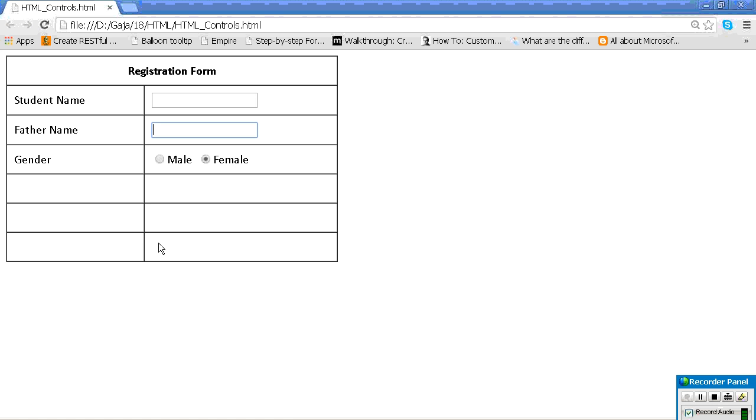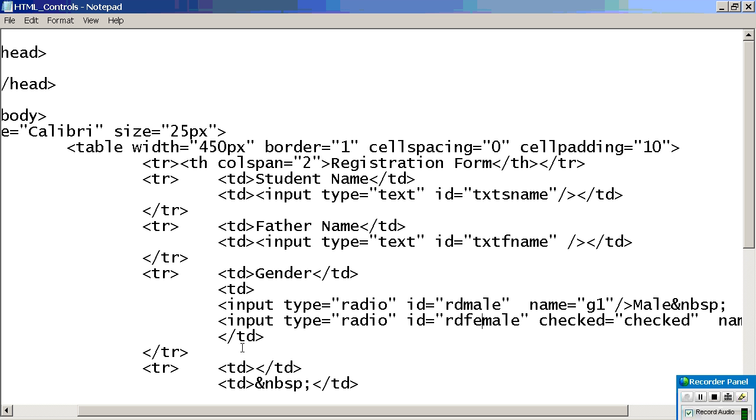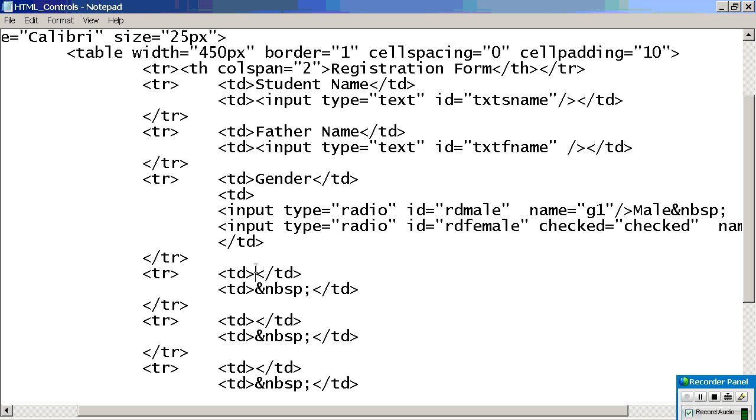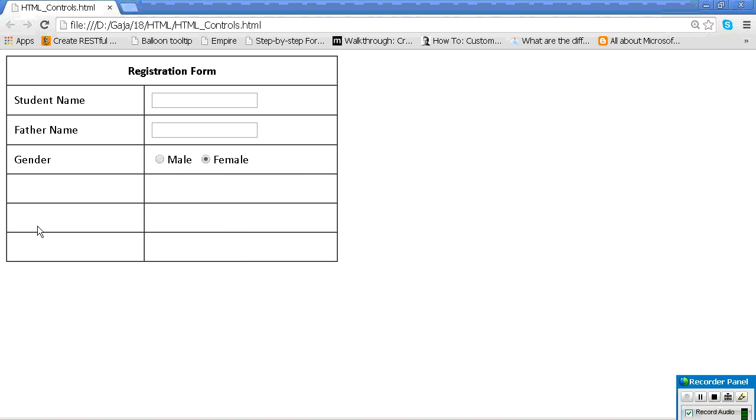Is it compulsory to give an ID? No. But if you want to store the data into the database, in such a situation, you should read the right data from the right control, for storing into the right column of the database. Are you understanding? Otherwise, you will get confused about what to read. You are giving identity for each and every control. Next, tell me what you will have to tell us next?